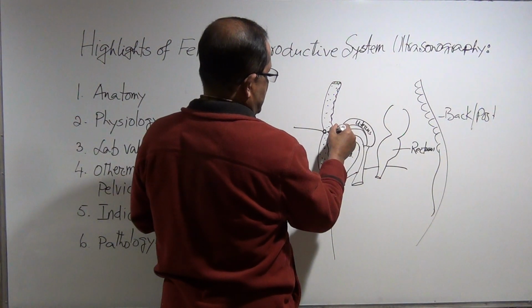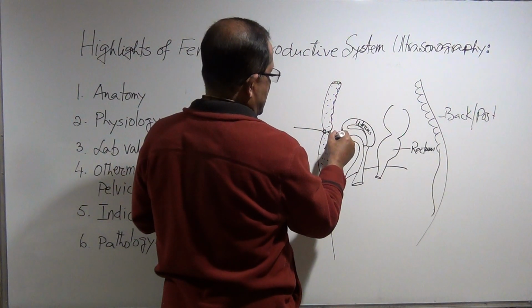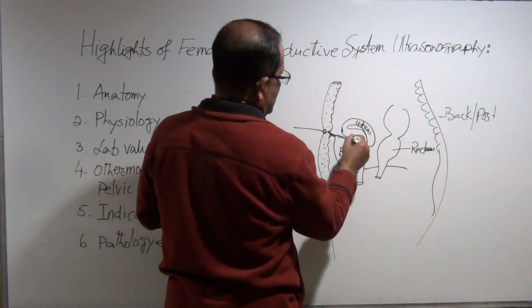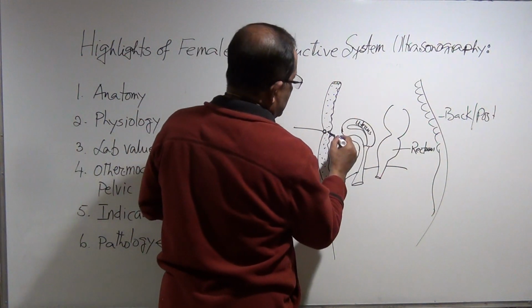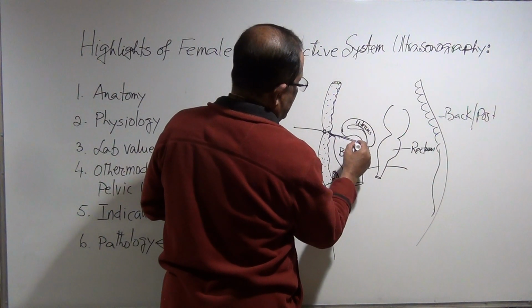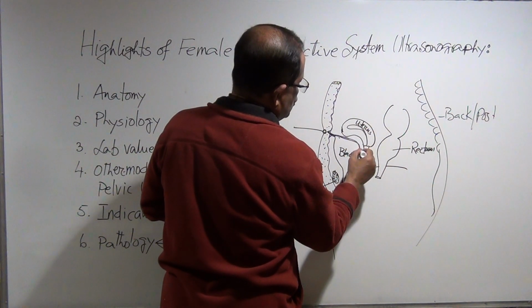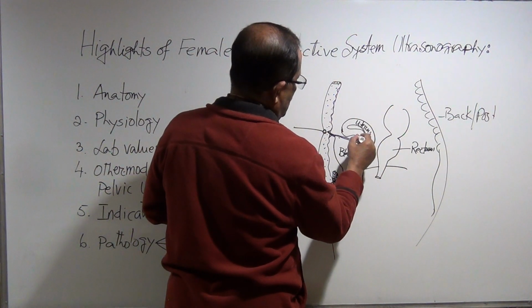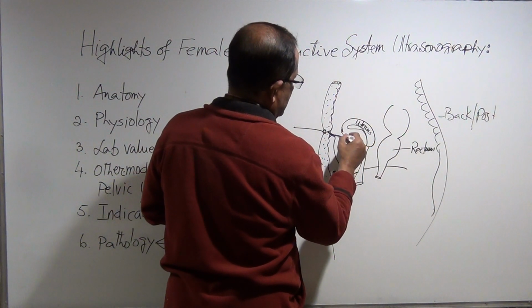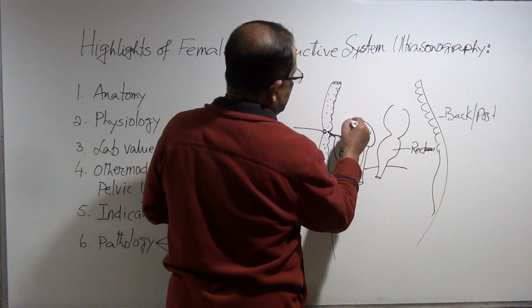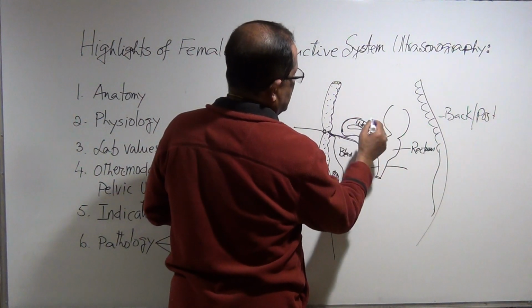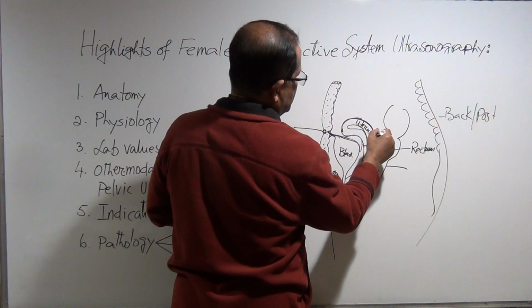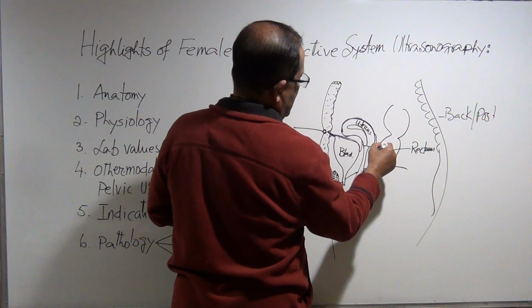The parietal peritoneum is now covering the body wall, then it's covering the bladder on its top, then it's reflected back onto the uterus, then it covers the uterus, and at the cervical level it goes down